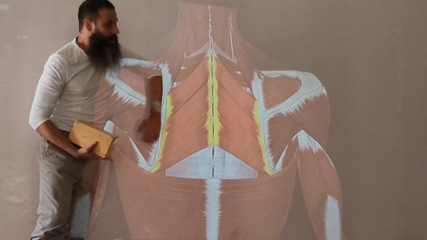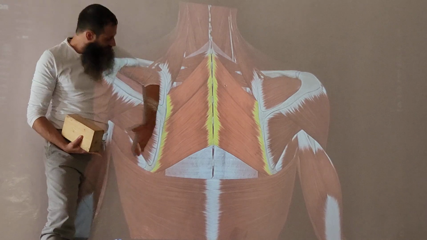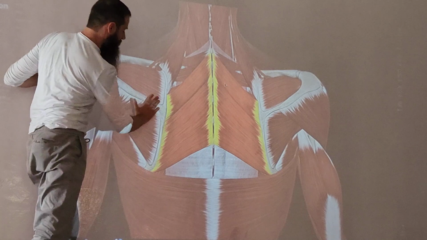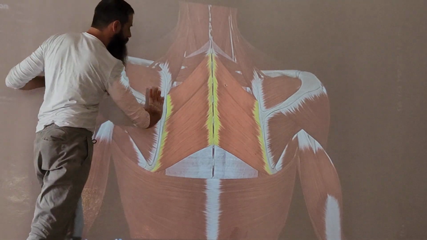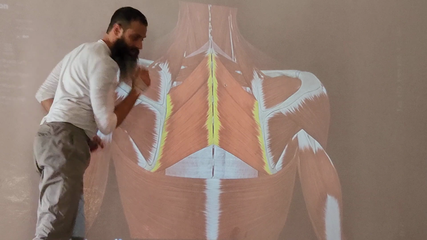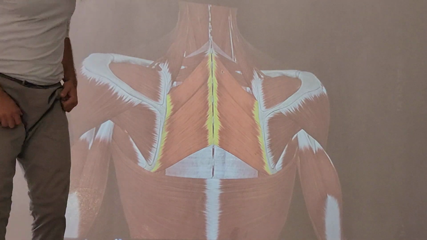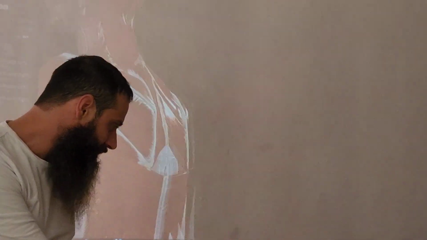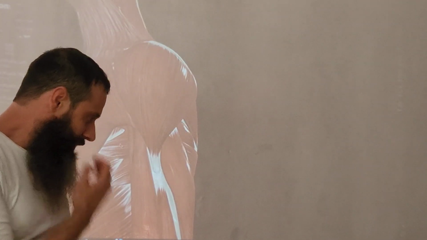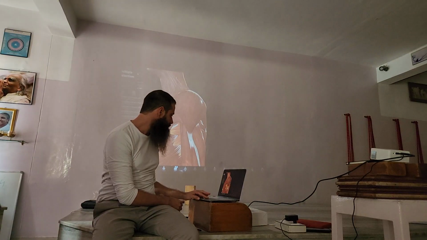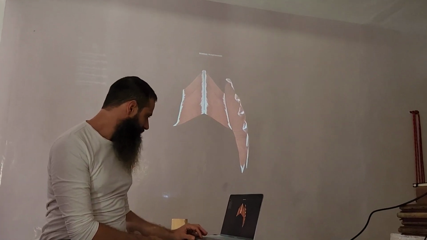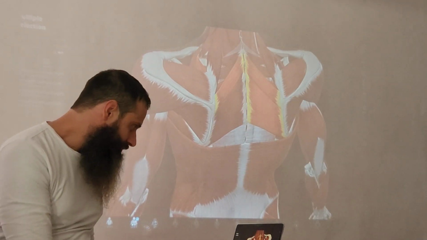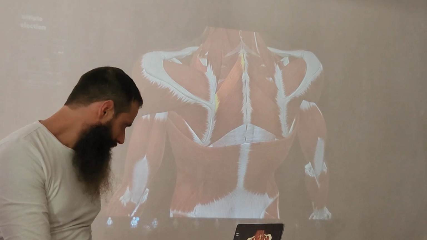We just hold the shoulder blade from here, okay? So this is the first muscle that helps me to move the shoulder blade a little, to hold the shoulder blade from the back. And then we have a very important muscle, really important muscle, that is this one. The serratus.